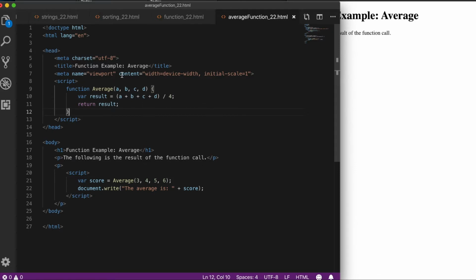So right here, we're creating this function called average that takes in 1, 2, 3, 4 parameters. The result of this function will be a plus b plus c plus d, those 4 numbers, and then divided by 4. And then it will return the result, which is the result of the 4 numbers divided by 4. So here, this is just the HTML that we're familiar with. In our script tags here, we're saying score equals